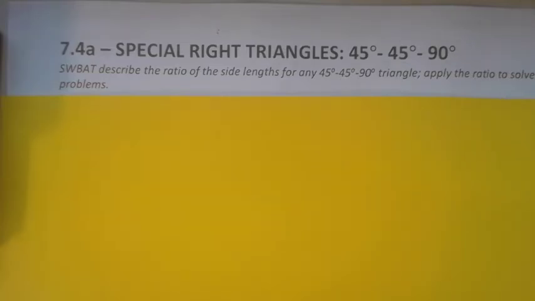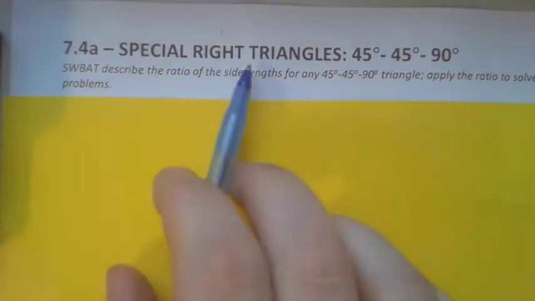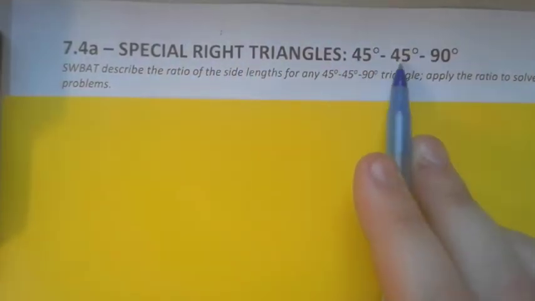And welcome to 7.4. There are going to be two parts here, 7.4a and 7.4b. Make sure you get both those in. It's kind of a combined lesson. So today we're going to talk about what we call special right triangles that include 45 degrees, 45 degrees, and